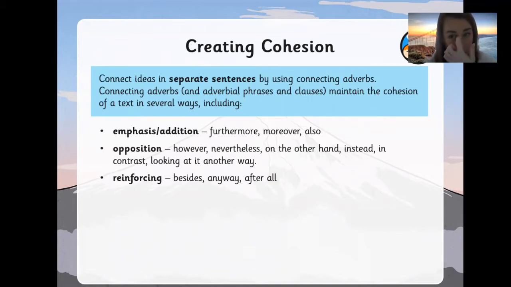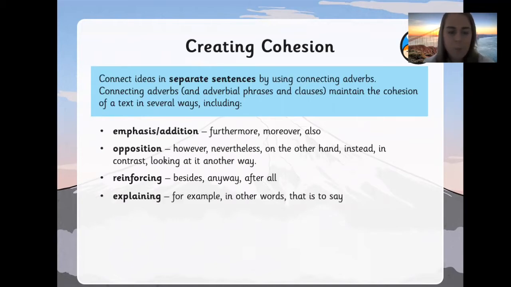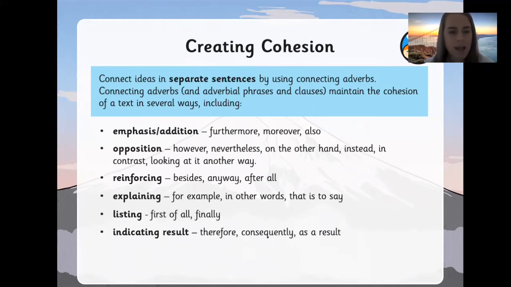They might reinforce something that's already been said. Besides, anyway, after all. They might explain. For example, in other words, that is to say. They might list. So first of all, secondly, thirdly, fourthly, finally. And they might indicate a result. So therefore, consequently, as a result of,